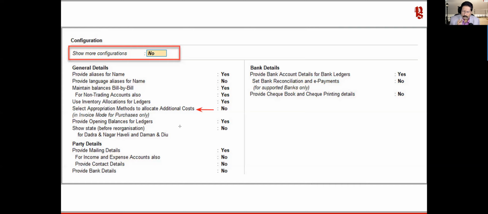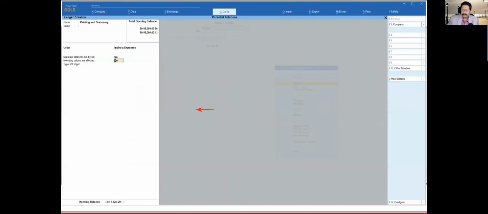Now, an important aspect that you have to remember is that you are adding the cost of these additional expenses to the cost of your inventory. So though you are selecting this ledger which you are configuring for appropriating in the purchase invoice, the accounting value of that particular invoice will not be captured. That entire value gets allocated to your inventory. So let's see this example. First, let us enable this option.